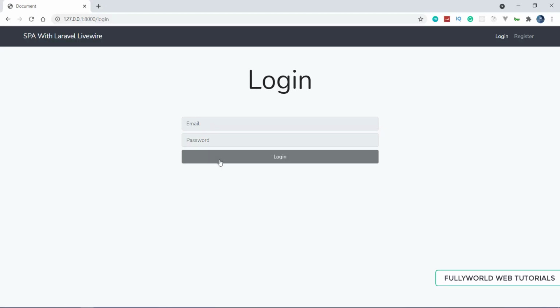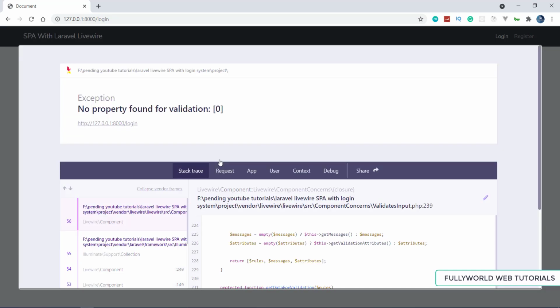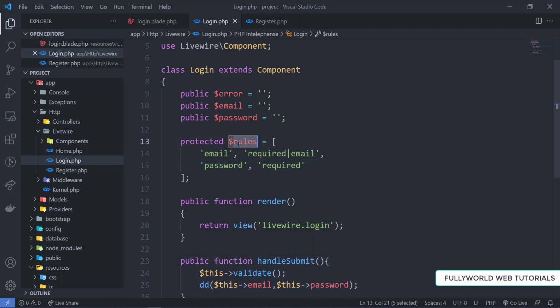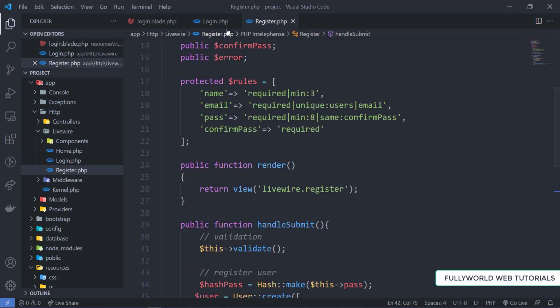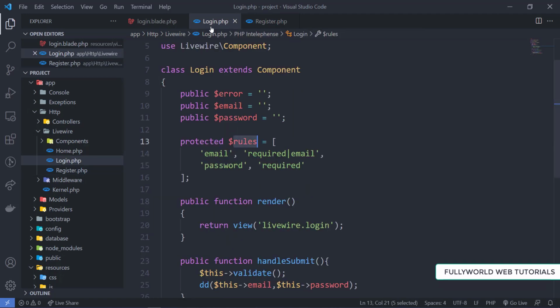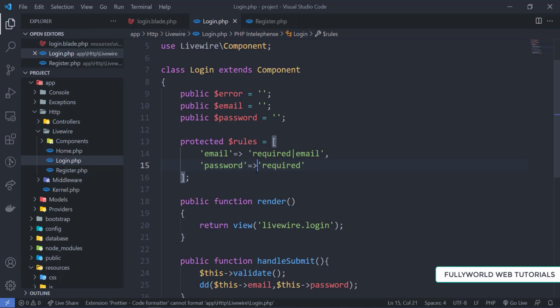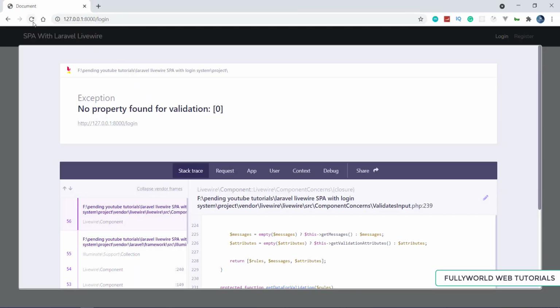Now when I click on login, it will give us the errors. So: no property found for validation. Sorry, here an associative array is needed, so that's why. Save it. We have to define the arrows here instead of commas, so that's why it is giving the error like this.